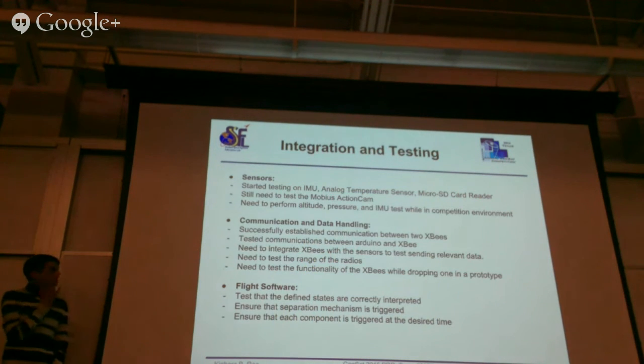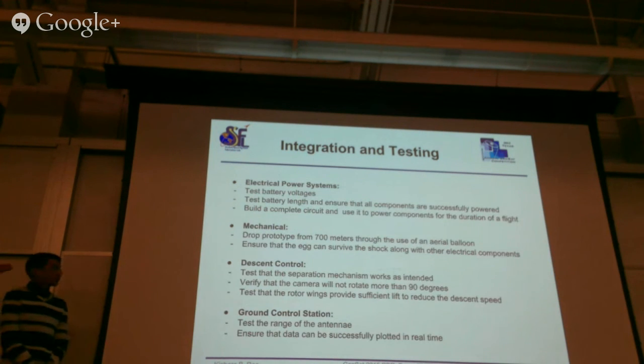So these are some quick overview of all the testing we need to do. A lot of this has already been talked about. Again, the major one is making sure that flight software sensors and CVAs successfully communicate with each other and send traffic together. And EPS, we need to test battery voltages and ensure that the battery will last the duration of the flight. Mechanical needs to do some dropping prototypes from 700 meters. And cassette control needs to verify that the parachute will work with the stabilization and the rotor link. Finally, the ground control station needs to test the